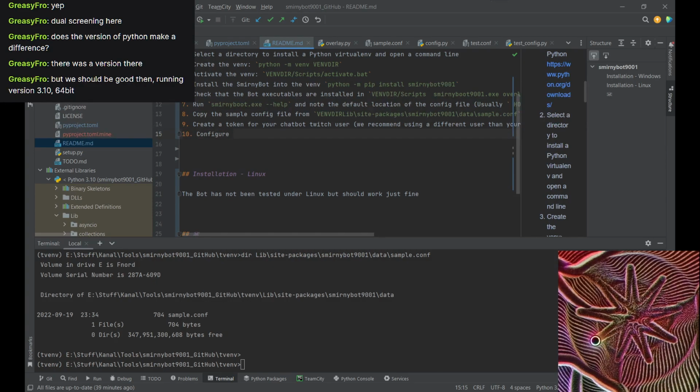Oh god, 10 steps already. This is more complicated than I would like it to be, but I'm pretty detailed here.